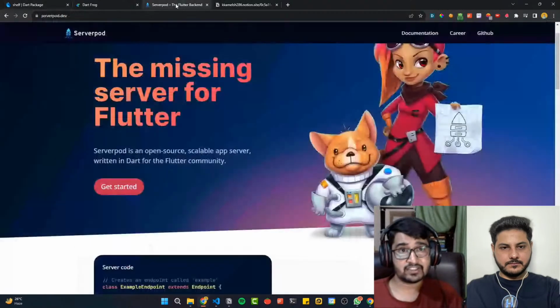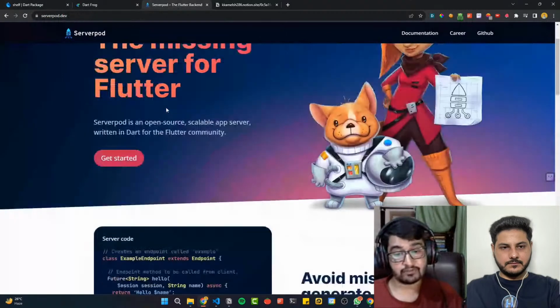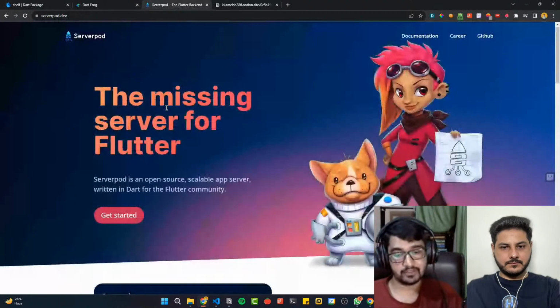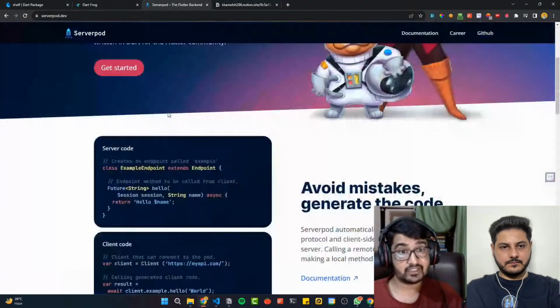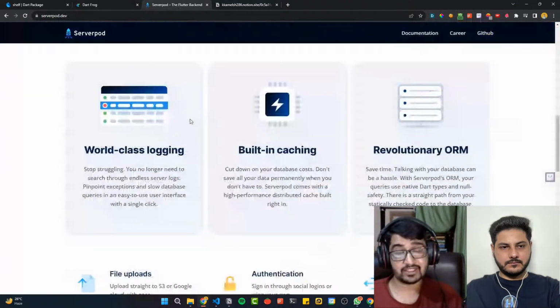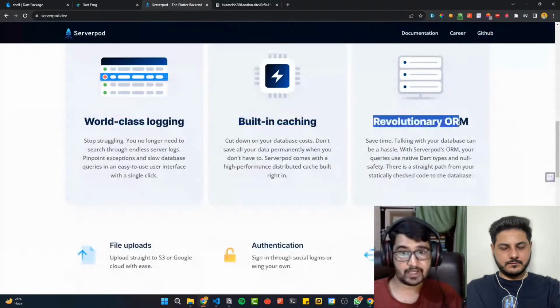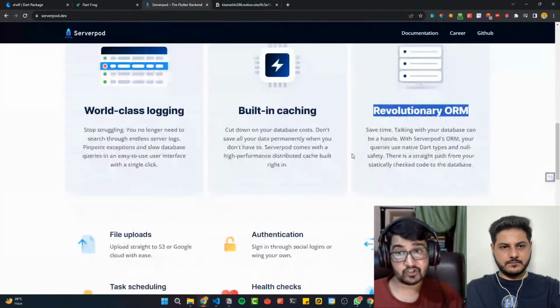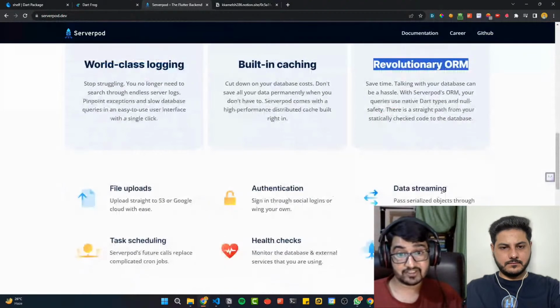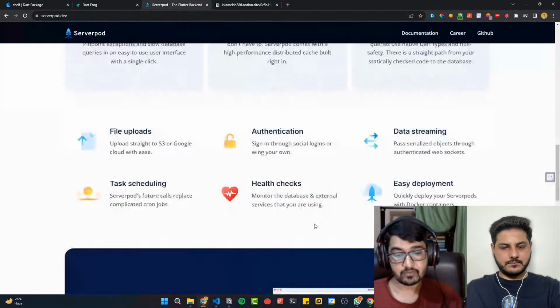So the last one in the row we have is Serverpod. This is a kind of most advanced framework available right now. It has a lot of features. If you go down here, it has world-class logging, built-in caching, and also a revolutionary ORM. It also has file uploads, authentication, data streaming, task scheduling, and many more. So basically it is the most advanced framework. That's why